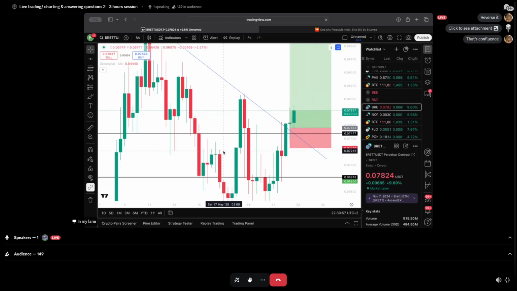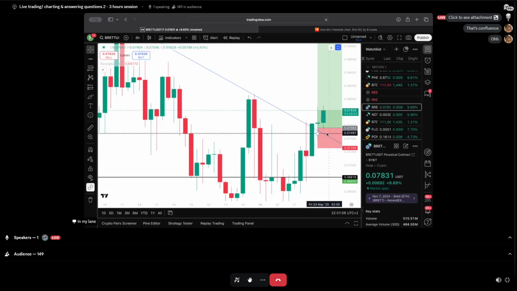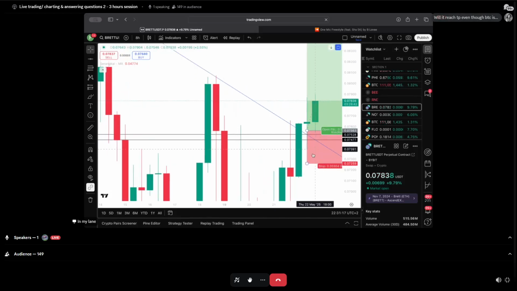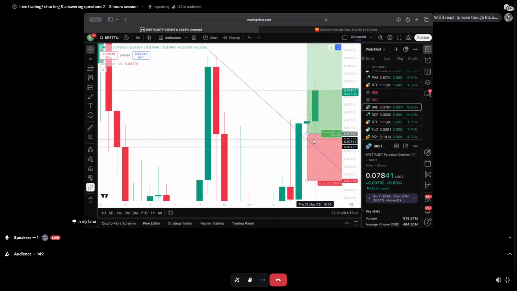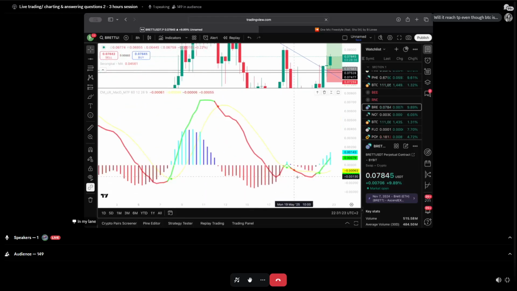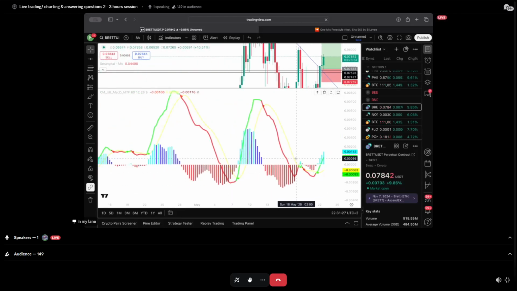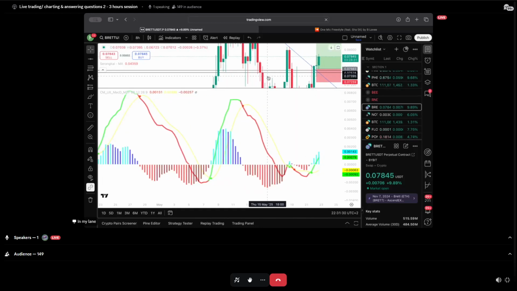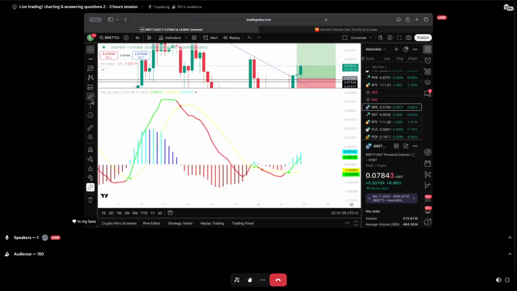If you ask the AI bot where the support would be, he would say here. It's here and there. So we closed above the support and retested. You can see we had volume also. MACD shows you volume. And once we break a certain level, like this, look,